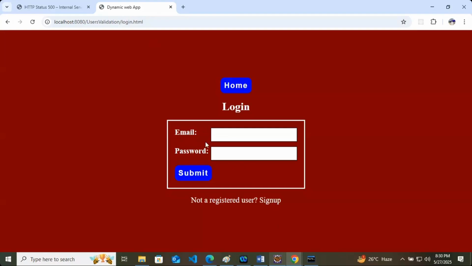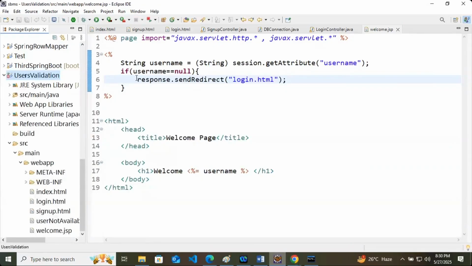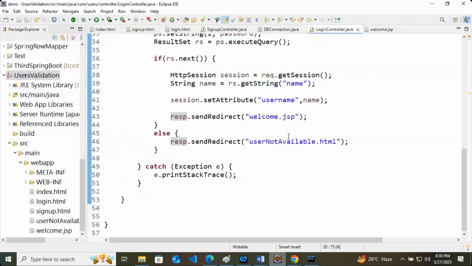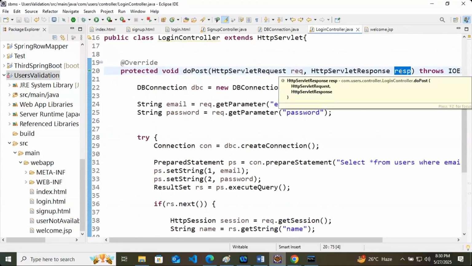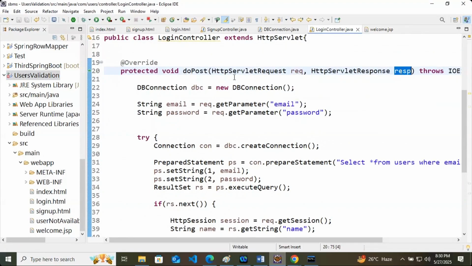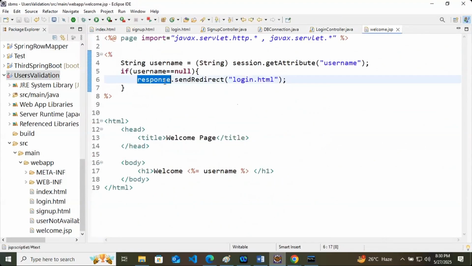So what is the difference? Why is this response directly working here? Because it is the default object of HttpServletResponse. You can use it directly. Whatever you keep there is available. Let's say here you are using resp. It is available for the login controller. But if this login controller is sending the data outside, it will simply go as this response or request.